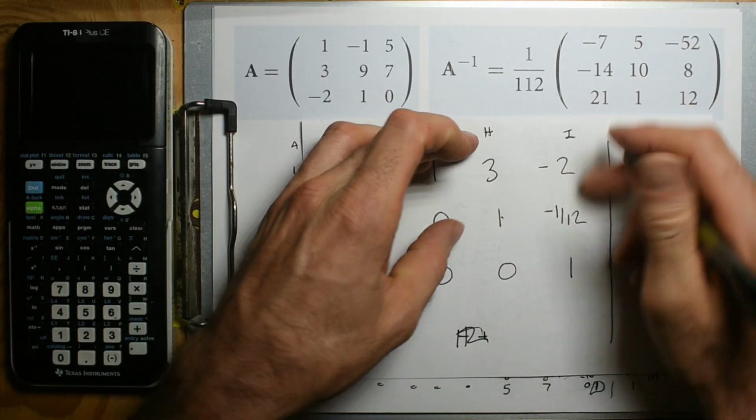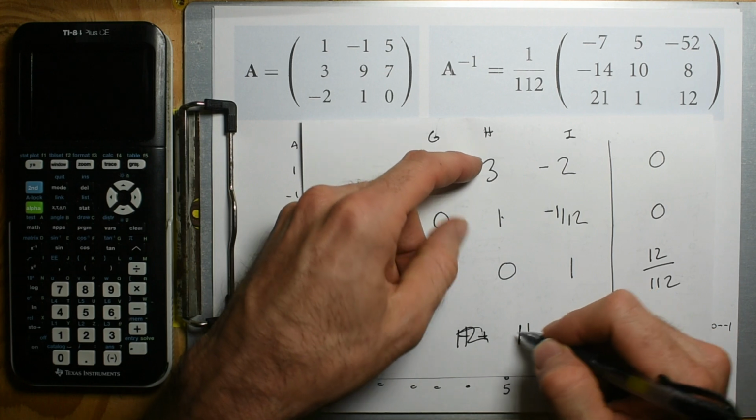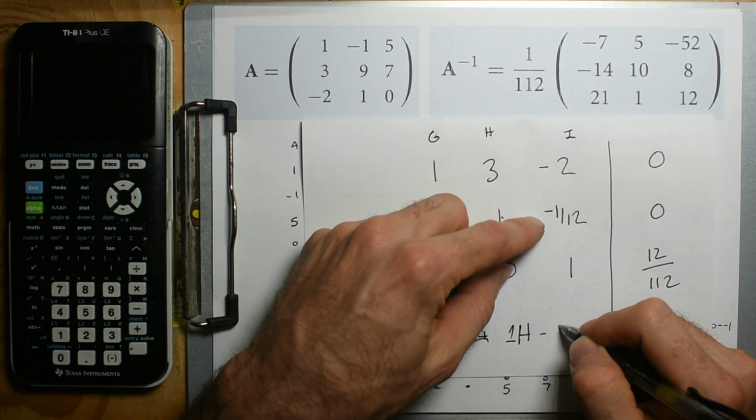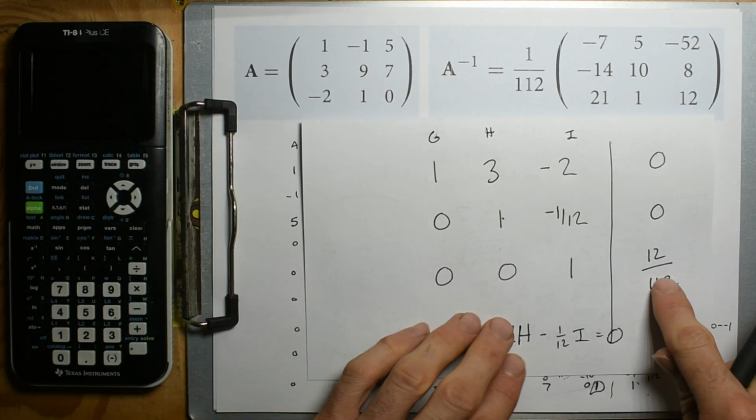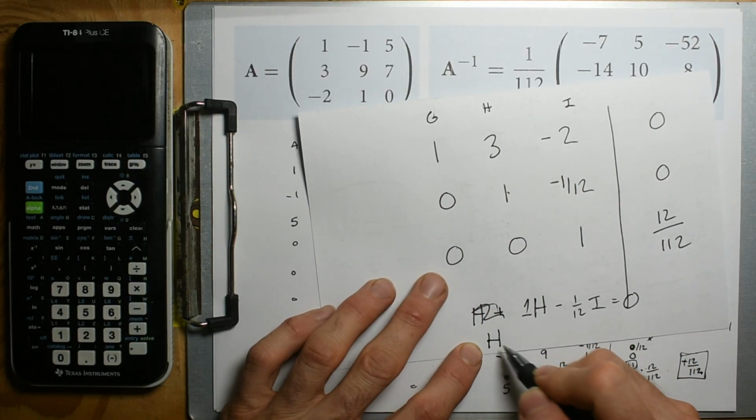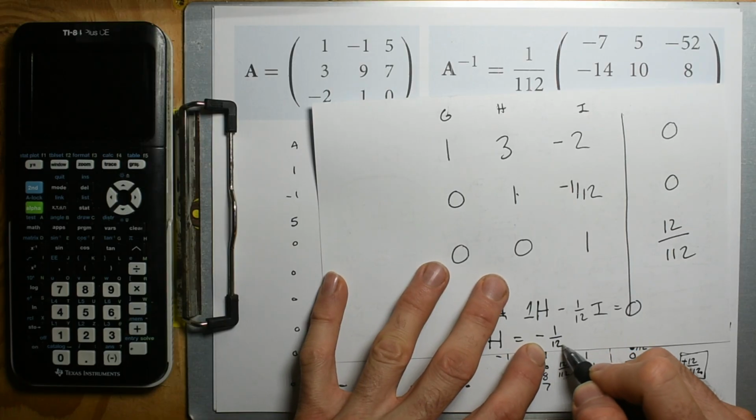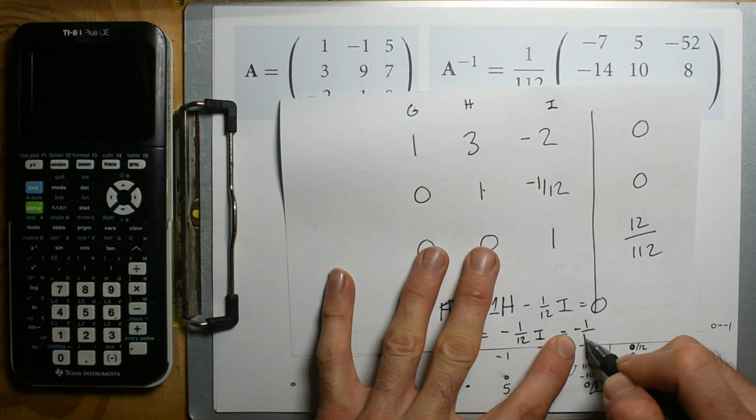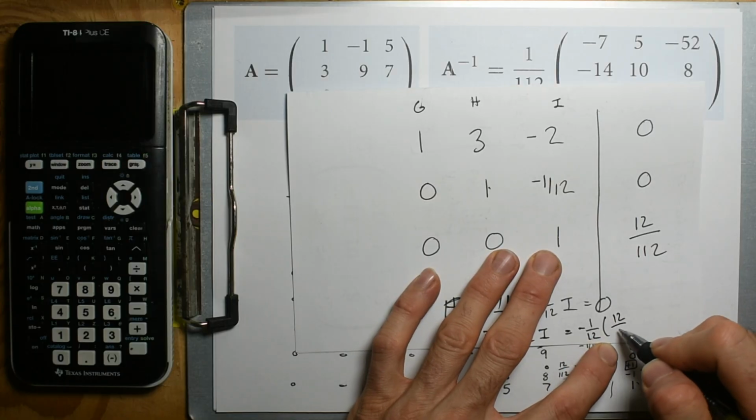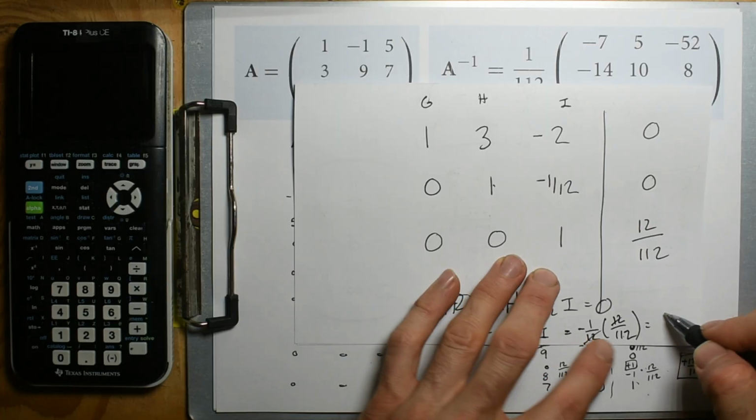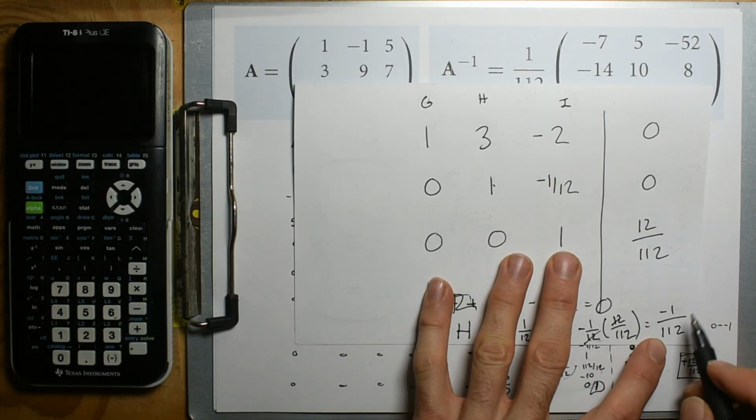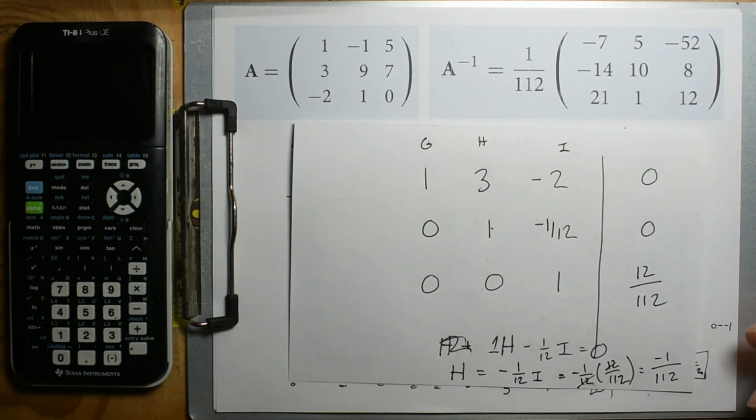minus, so this equation says 1H minus 1/12 I is equal to 0. I know what I is, so we're just going to get H by itself. So H is equal to negative 1/12 I, which is negative 1/12, and I is 12 divided by negative 1/12. So this is going to be negative 1 divided by 112. And that's crazy. There's another sign change error, and it's because,